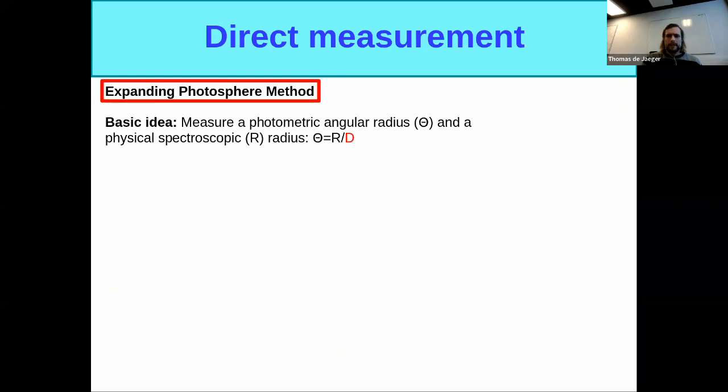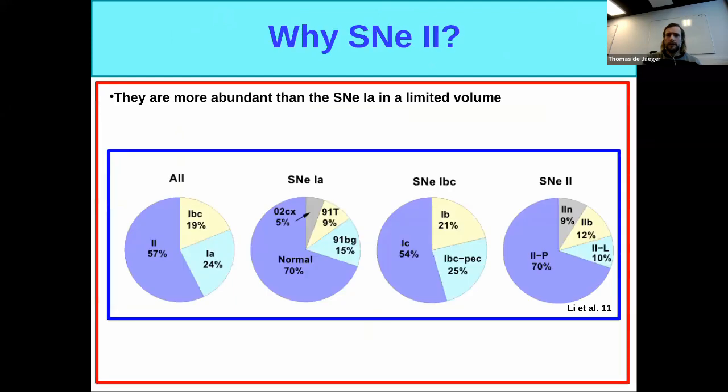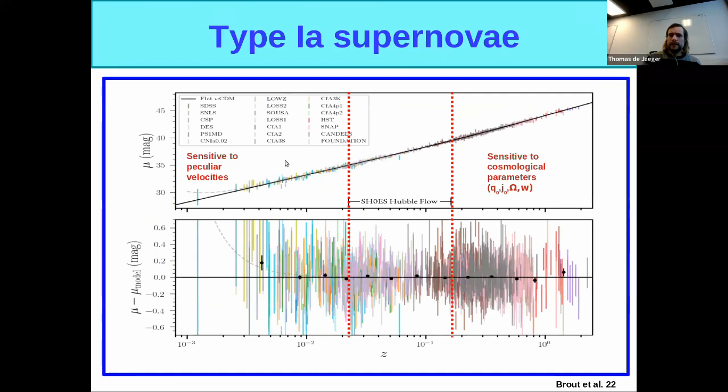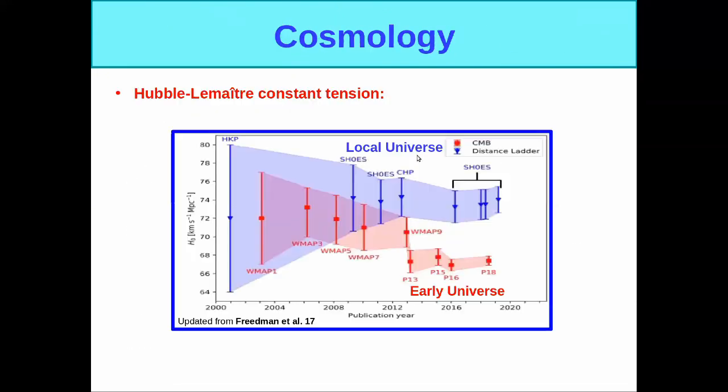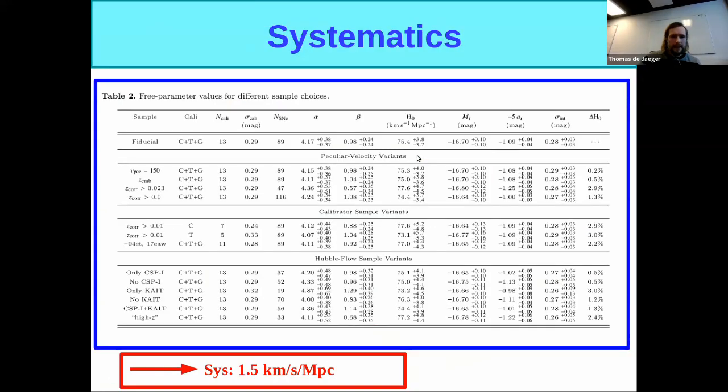So first, not only for type 2s, but actually for type 1a, you don't use all the objects. You use only one part, because at low redshift you are affected by velocities and at high redshift you are affected by the cosmology. So you use only a part of the Hubble diagram. For example, in my fiducial model, I use all the supernovae from 0.01 up to maybe 0.3. This is the value I obtain for H0.